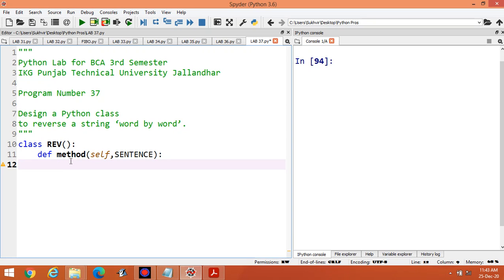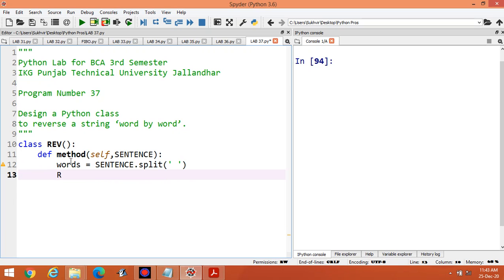Let the variable be sentence. Words is equal to sentence.split(). We have to split it into words,